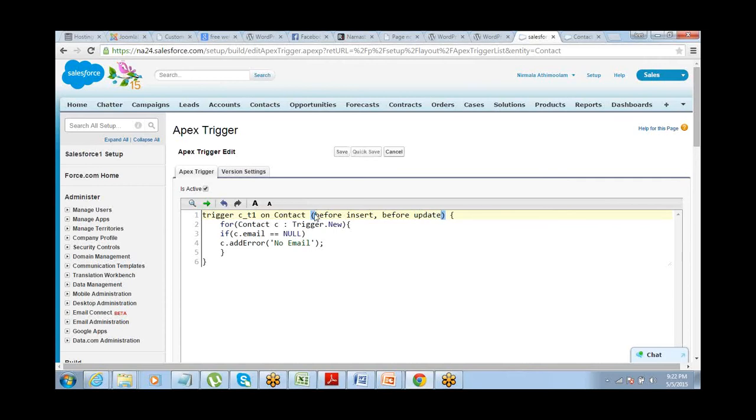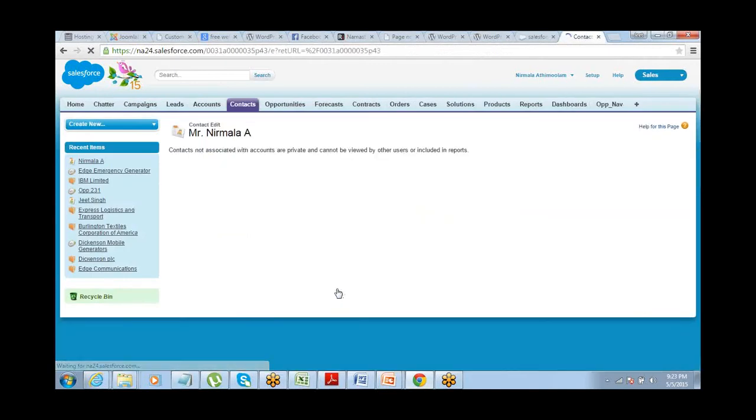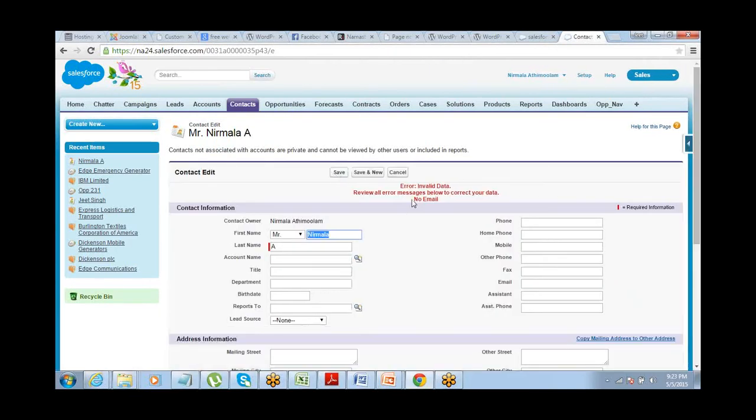That's it. See this? Now if I go and edit this and try to save it, then it will throw an error even for an update operation, because the events have been used.